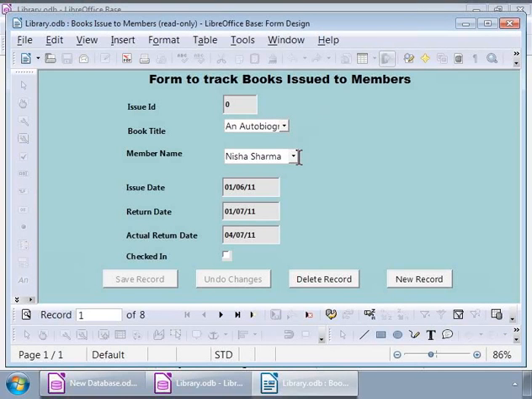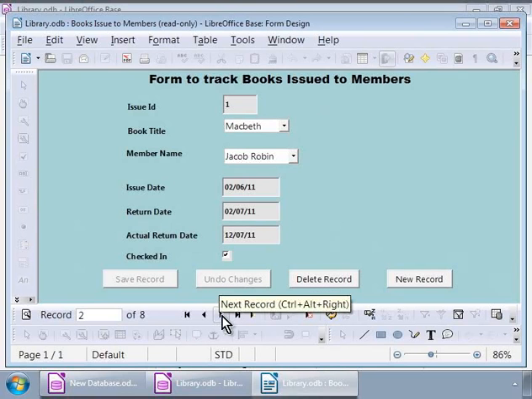And we also see the rest of the fields. Now we can traverse through all the records by using the form navigation toolbar icons at the bottom. Let us go to the second record now.